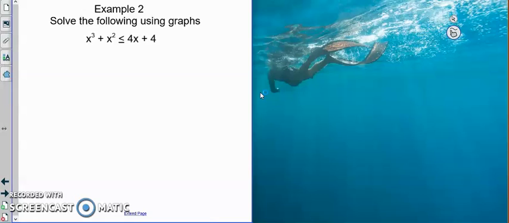All right, so now we have example 2. And this one we're going to go ahead and do it with Desmos again. And then in the next video we're going to do the same thing with the TI-84 so that we can have both of them. All right, so here we're looking at x cubed plus x squared is less than or equal to 4x plus 4. So with that, we're saying, okay, when x cubed plus x squared is less than or equal to 4x plus 4, in other words, where we're looking for where 4x plus 4